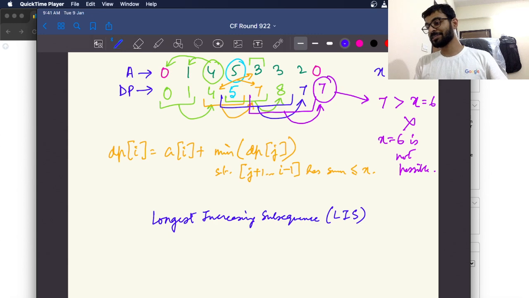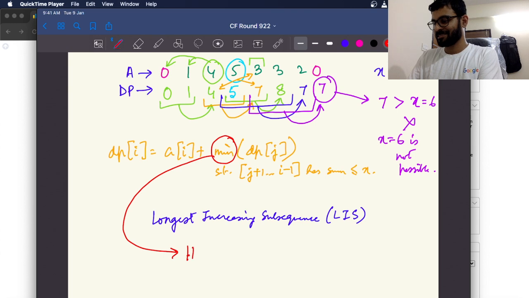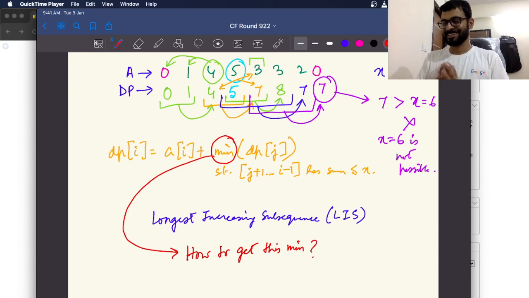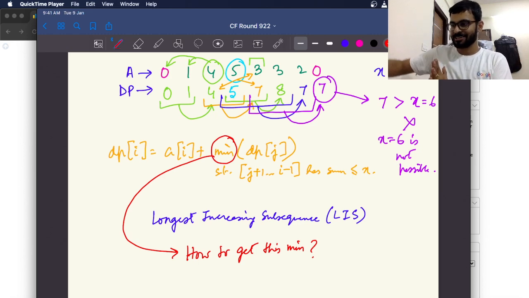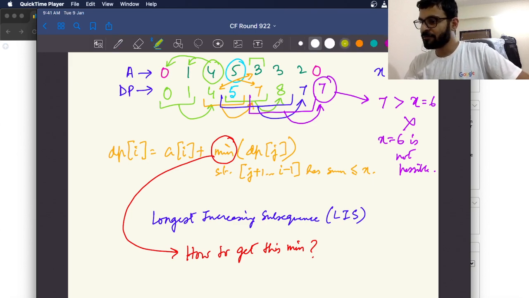Now the big question is how to get this minimum. This is the final remaining question. How to get this minimum? You know that up to a certain point, you can take those elements. And observe this. Initially for this 4, the window was this one. From here you could take anything. For 5, the window is